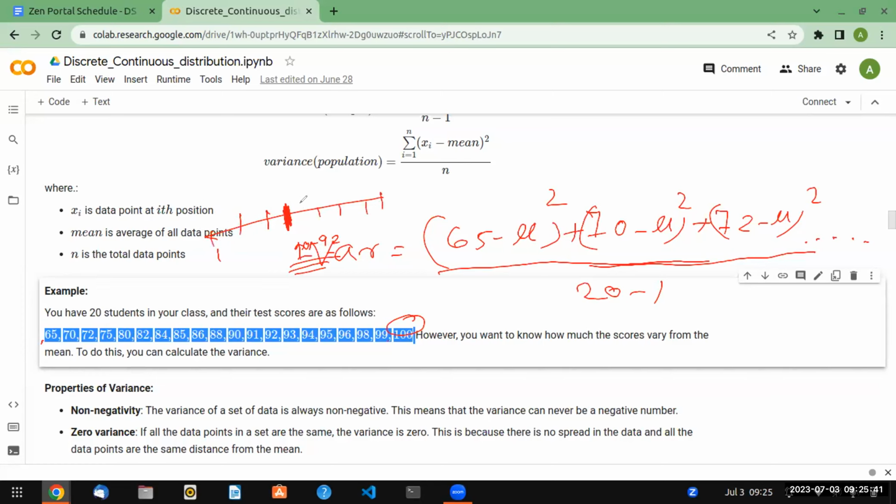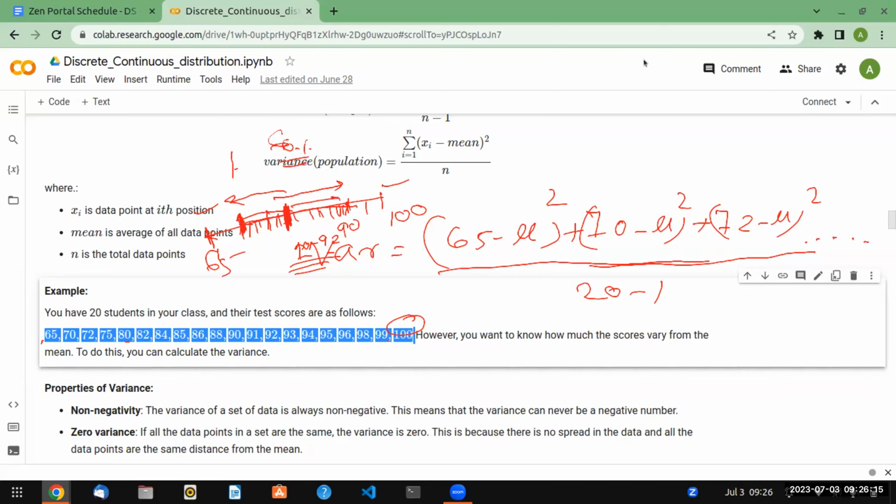Like this. So this variance will tell how your data is varied from this mean. Suppose this is 65, this is 100, and most of the other data points are from 70 to 90. So you can say only a few points are at 65 and 100, but 60% of my data are falling within the first standard deviation or first variance from the mean.